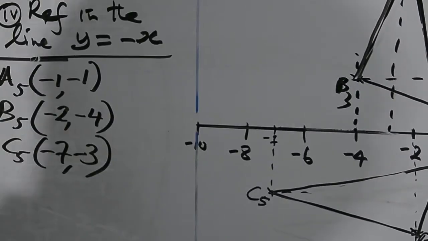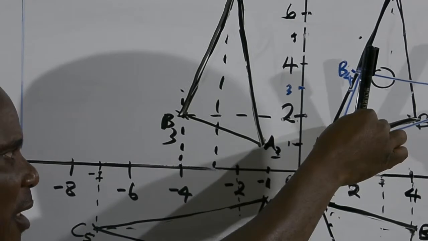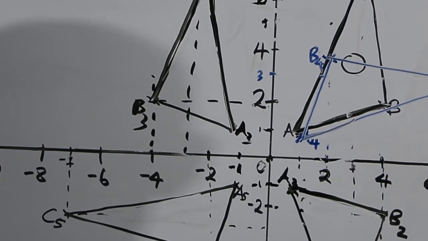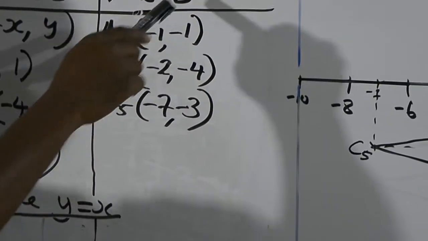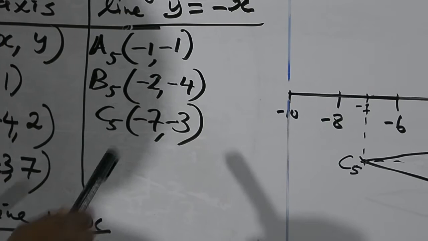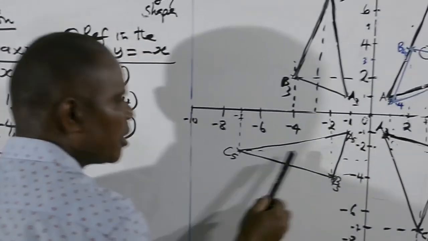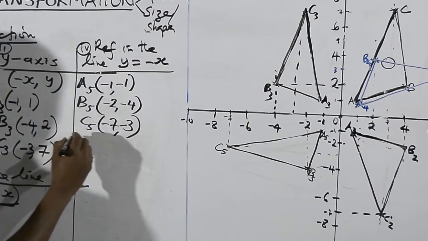So you can see that this blue structure is the same as this. The only thing is that it has changed each position to the negative axis, because the difference between this and this is only the negative. So the line y equals minus x is just to change the position from the positive axis to the negative. So this is A5. So we go back to the next one, which is Roman figure 5.